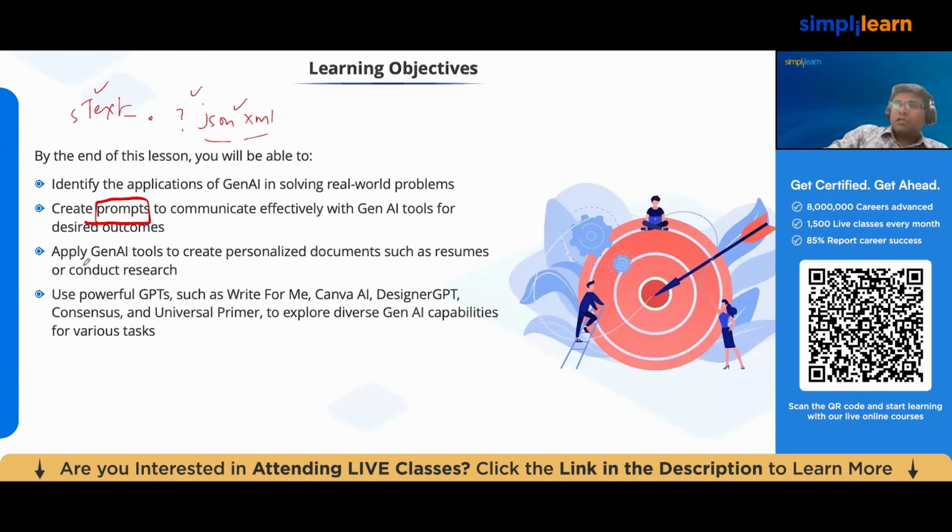Then we will also try to create some personalized documents, such as your resumes, or conduct some research. Okay, so that also we will try to see. And then we will try to see some applications where ChatGPT has been built. Let's say Write for Me, Canva AI, or Designer GPT, or Consciousness, right? So these are